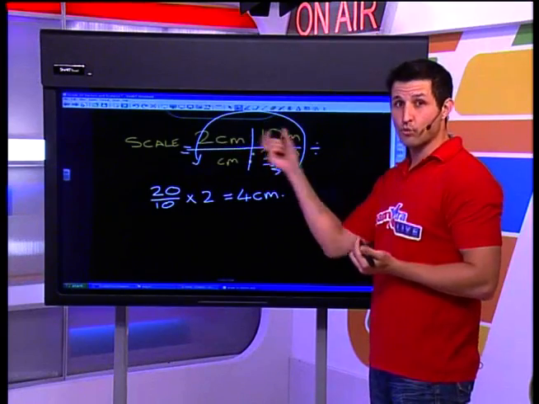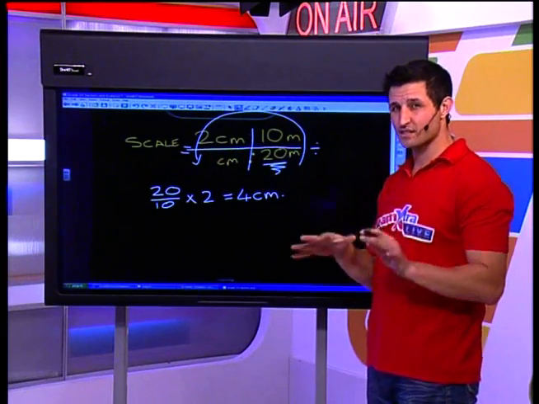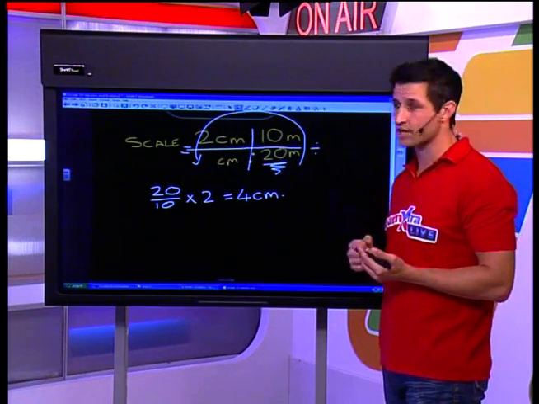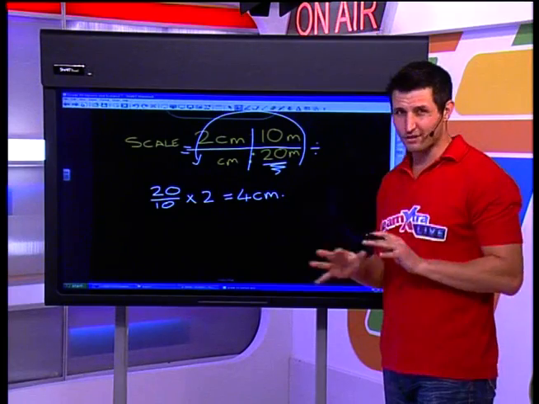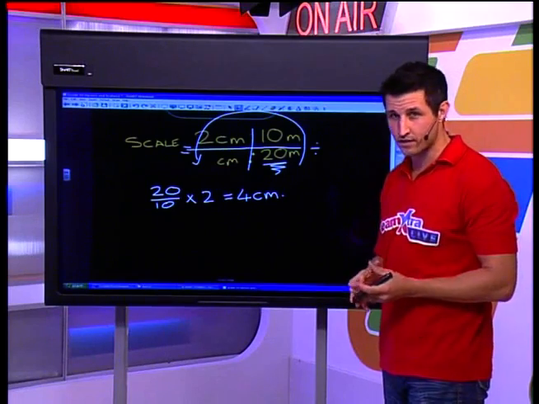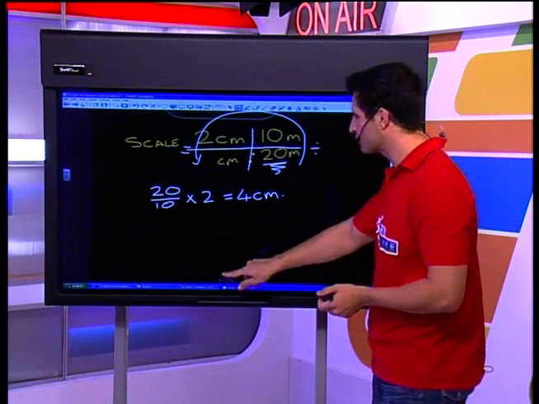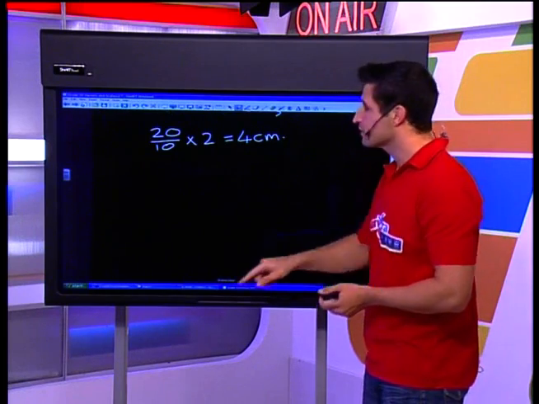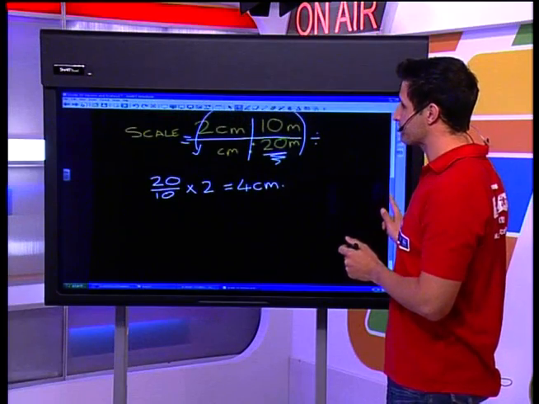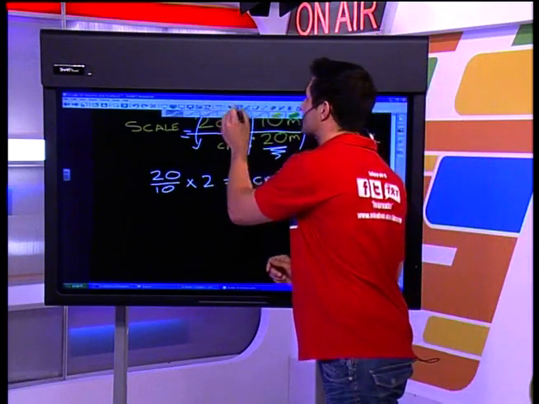2 is to 10 what 4 is to 20. They seem to be in the same ratio. If you simplify them down, they should be in a 1:5 ratio. Now, if all of that seemed like gobbledygook, we're going to do it again. We're going to do it really, really slowly. We're going to make sure that everyone can work with a scale. Now, you may not see scales very often, but it's very important that you can do ratios anyway. So this is a useful skill nonetheless.